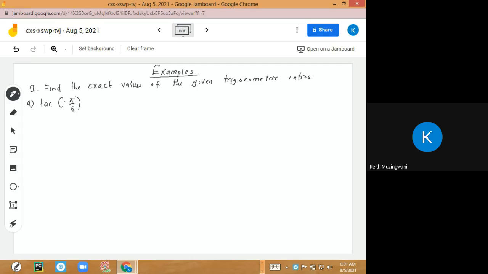Remember, we did how to convert. If you don't understand what pi over 6 is, you can convert it to degrees. So you'll be practicing that. So I know pi over 6 is 30. So just dealing with this, it is the same as tan negative 30. Now, the quadrant,